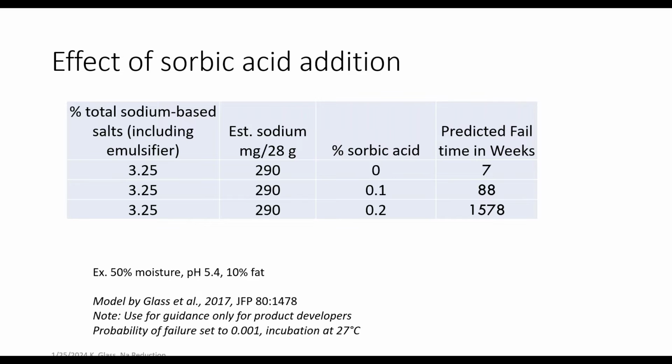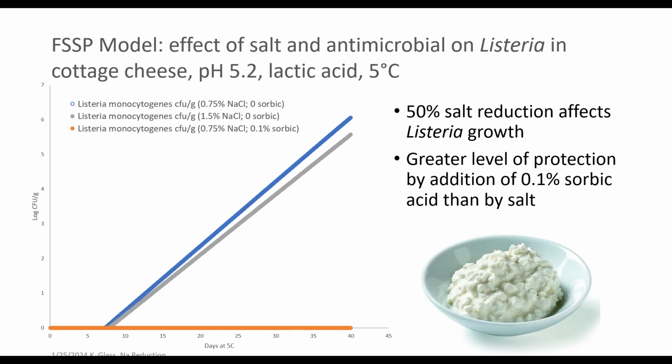For higher moisture or higher pH products, the addition of 0.1% sorbic acid may not be sufficient, and increasing levels to 0.2% may be necessary to achieve shelf life at room temperature. Now, while sorbate won't make all products bulletproof, it can still be used as a salt alternative. Not only is sorbate effective against Clostridium botulinum in processed cheese stored at ambient temperatures, but it also delivers extensive protection against listeria in high moisture cheeses.